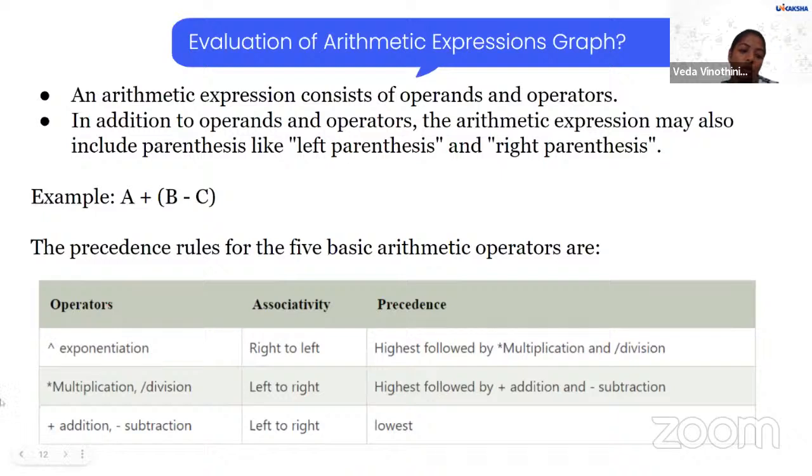Okay, so now the exponentiation operator has the highest precedence. After exponentiation comes multiplication and division, and after that you give importance to addition and subtraction. This is what you always want to keep in mind while working on any application with this particular stack.